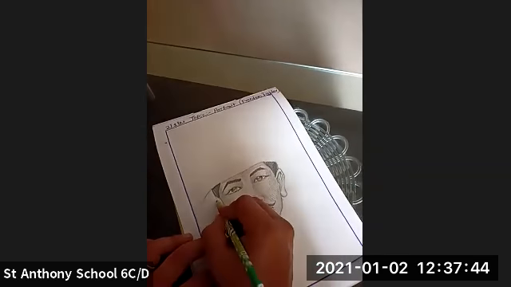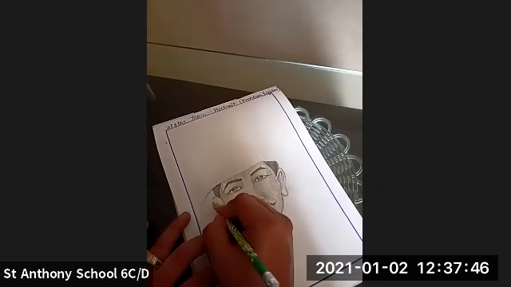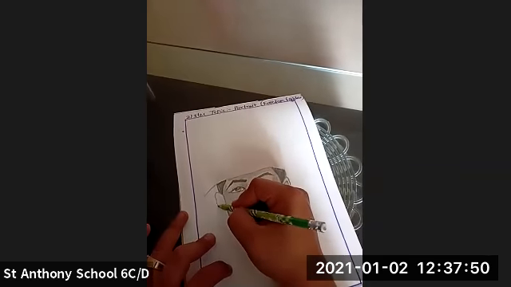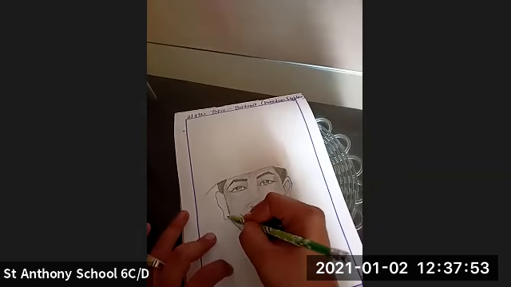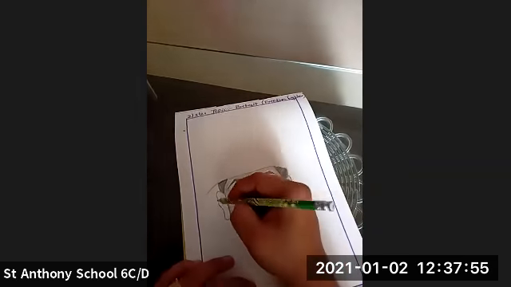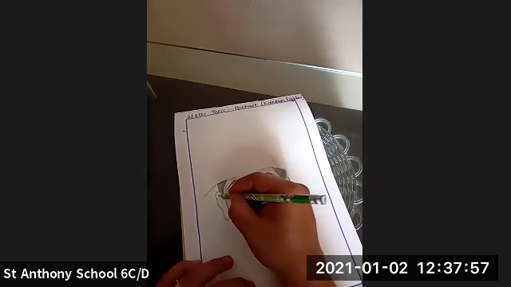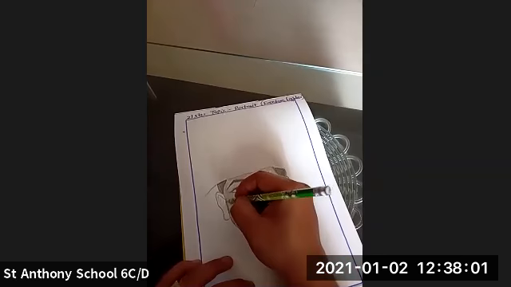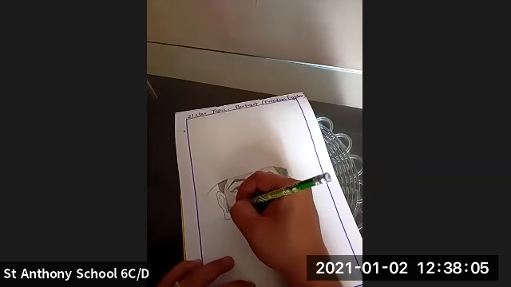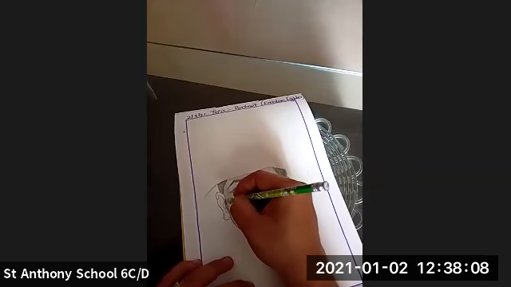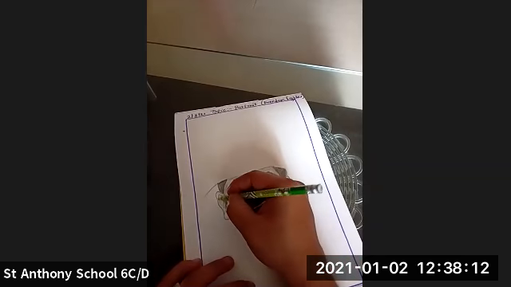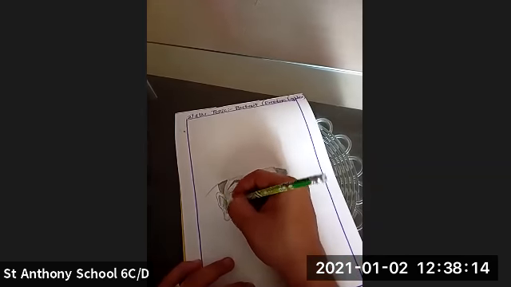Yes, first we are going to make the ears in this way. Okay, this way we are going to make the ears. We have completed making the ears. We are going to just highlight each and everything properly. Yes, this is how you're going to highlight this.